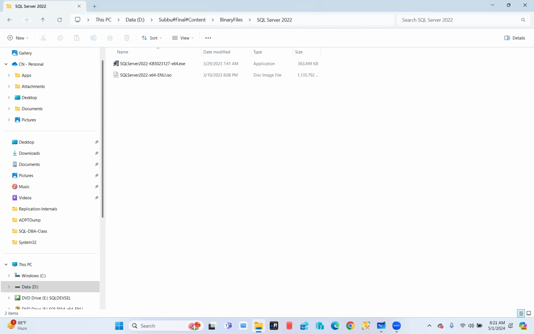What will happen if you give two paths for LDF and NDF? Two paths for LDF, one in D drive, one in E drive. Sir, when you are installing SQL Server, you can't give two different paths for the LDF file. Let me answer you. While you are installing SQL Server, you can't give two paths to the